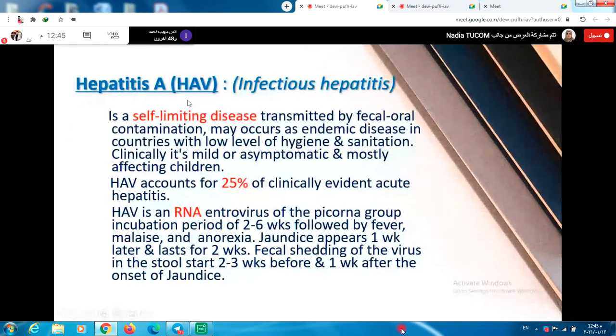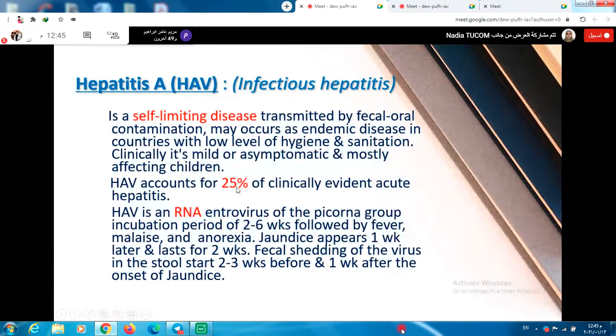Hepatitis A virus, قلنا hepatitis A virus is called also infectious virus. ليش نسميه infectious virus? Because it's transmitted by fecal-oral transmission, contaminated food or water, and water in low level of hygiene and sanitation, and can be mild or asymptomatic and mainly affecting children. And this virus is very common, and it is forming up to 25% of acute